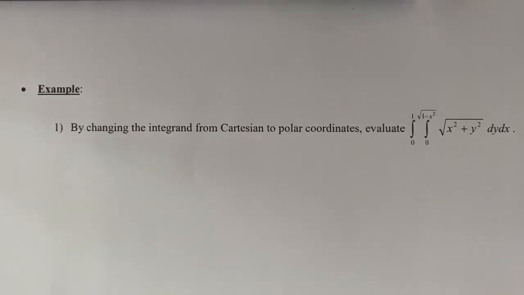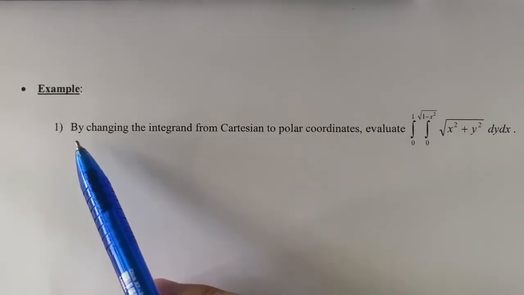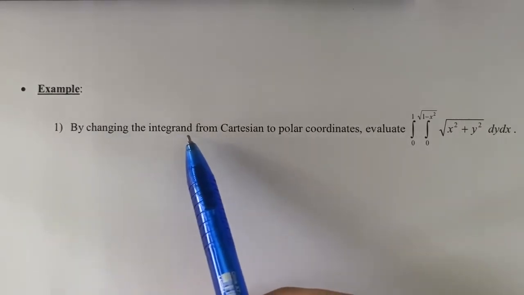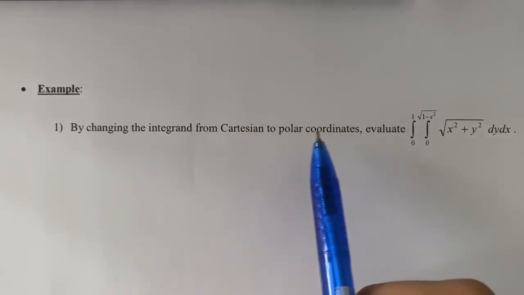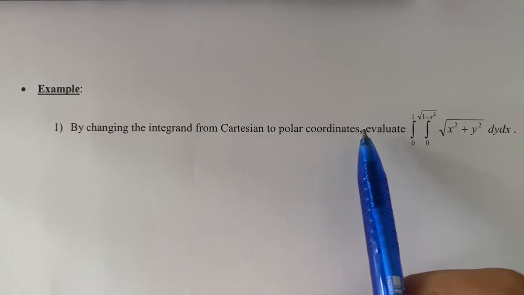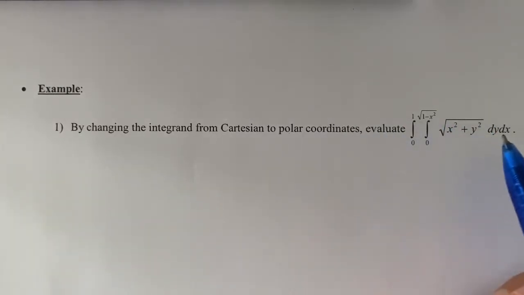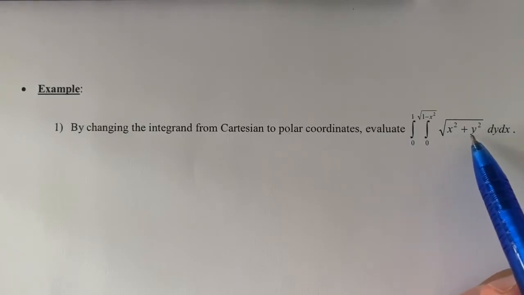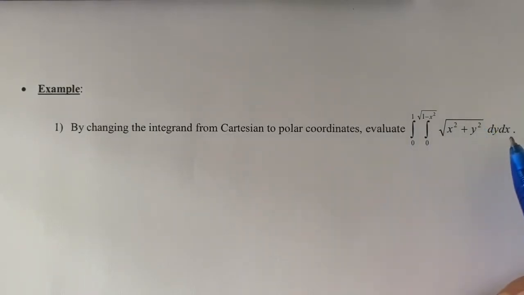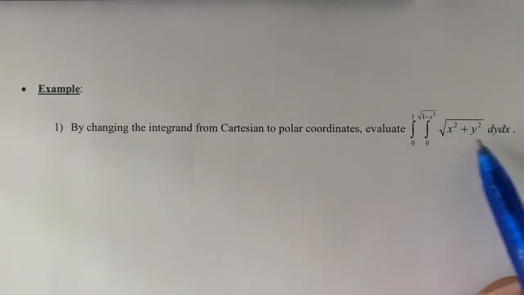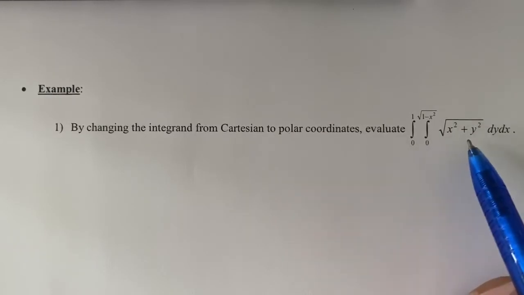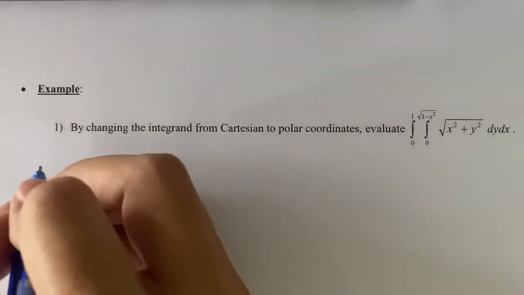Okay, let's see a few examples of changing Cartesian form to polar form. For the first example, by changing the integrand from Cartesian to polar coordinates, evaluate the integral from 0 to 1, from 0 to square root of 1 minus x square, of the square root of x square plus y square, dy dx. You need to change this Cartesian to polar. For the first step,